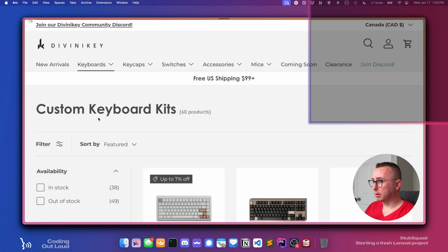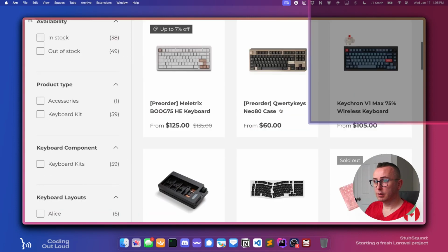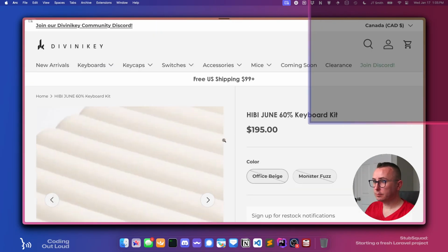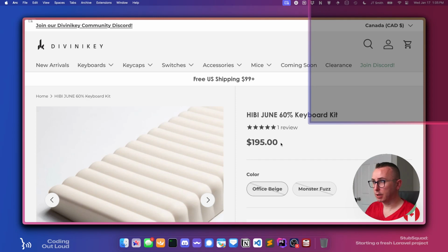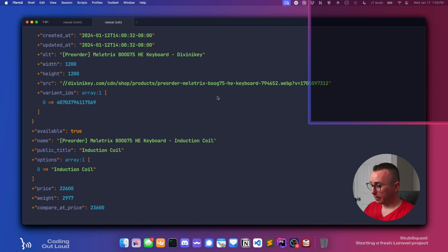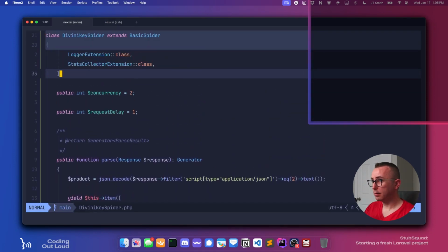So keyboards, let's go to one that we know is going to be out of stock, so we'll just go to one that's sold out here. Okay, so both of these are showing as out of stock. So let's copy this URL, and instead of those, let's add